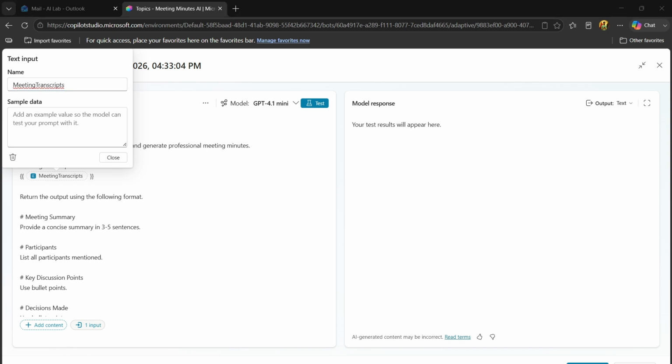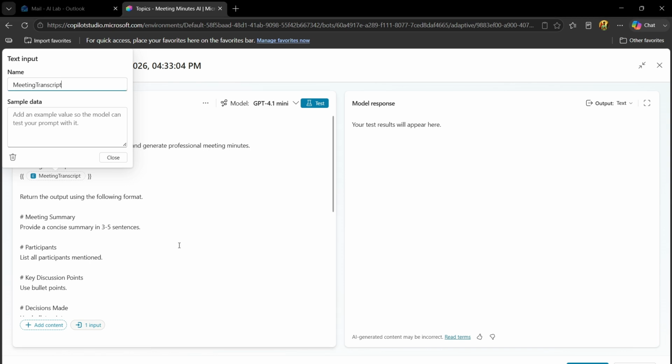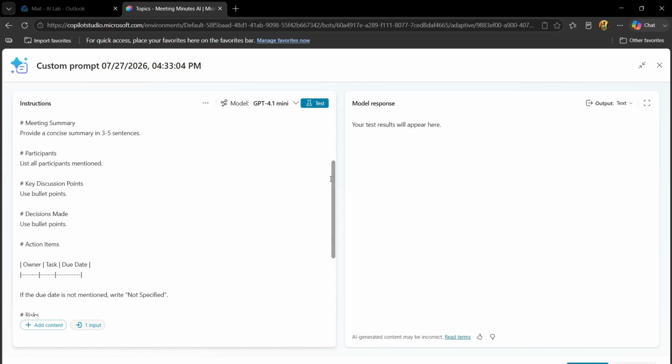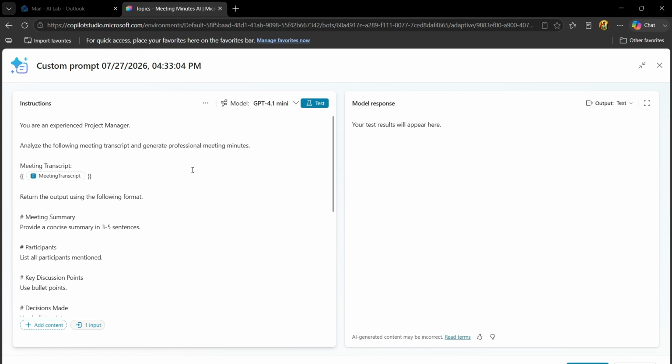Then click on the close icon, and after that, just remove this basis